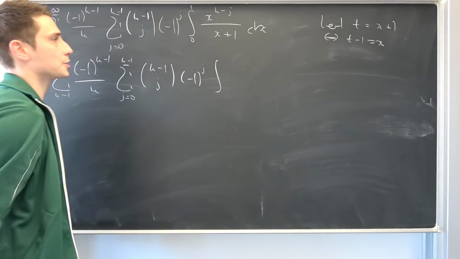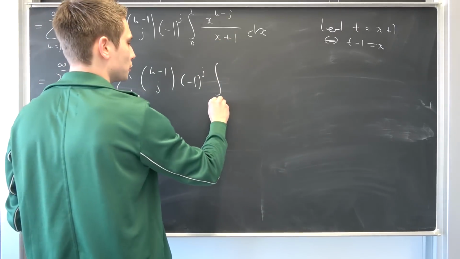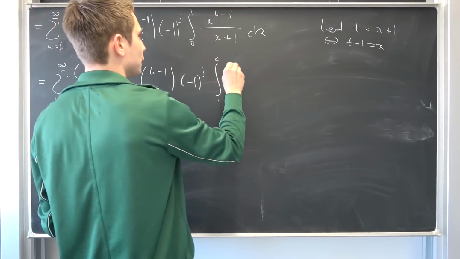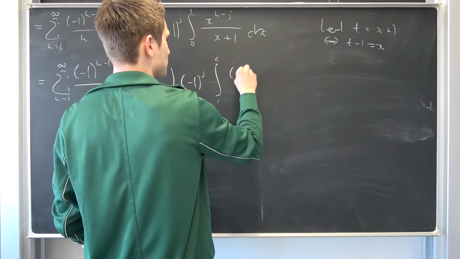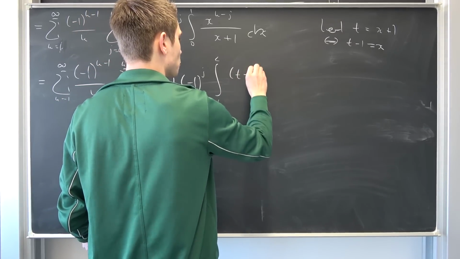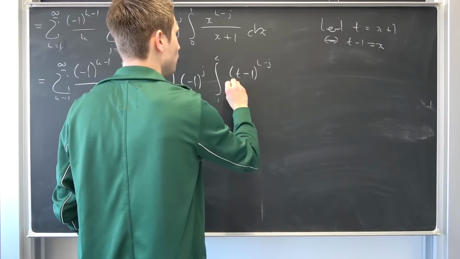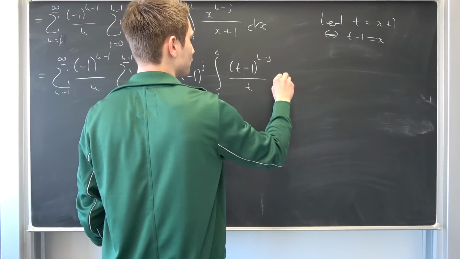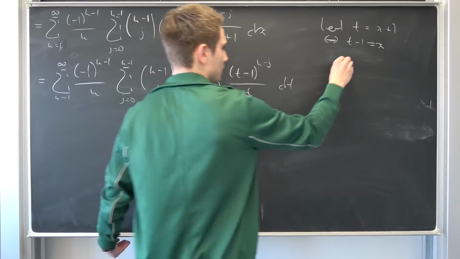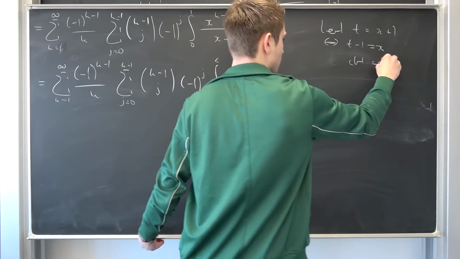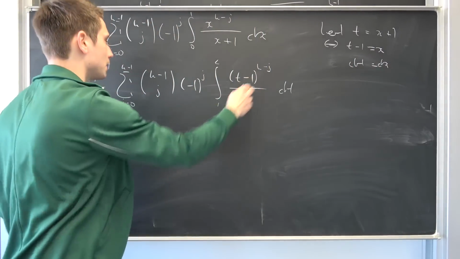If we introduce the substitution, we're going to get an integral running from 1 to 2 of (t minus 1) to the k minus j power over t, integrated with respect to t, because dt is the same as dx on this one right here. Once again, binomial theorem,